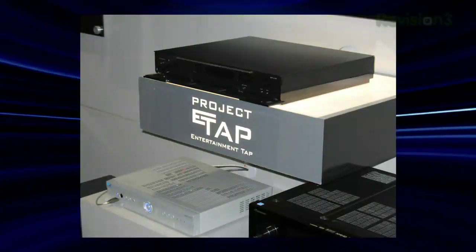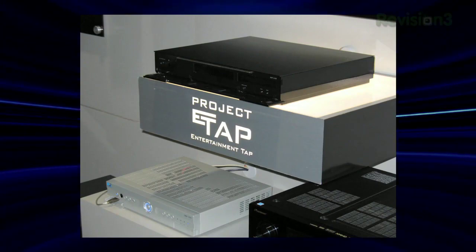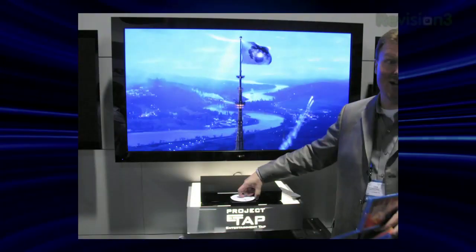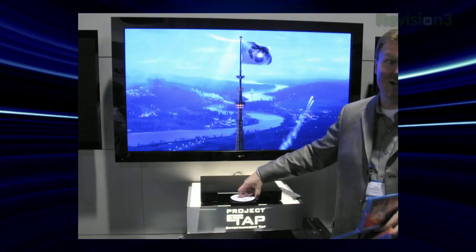Pioneer showed something I hadn't seen before, and it's called Managed Copy. This will be a new Blu-ray feature coming out hopefully next year, but they were showing a prototype box called the eTap. Now, the eTap looks like a set-top box. They had a demo with a terabyte hard drive in it with supported Blu-ray discs. You'll be able to put one in, and managed copy means you'll be able to create a copy of that video right on the hard drive,